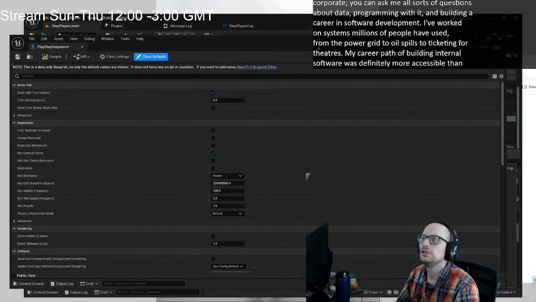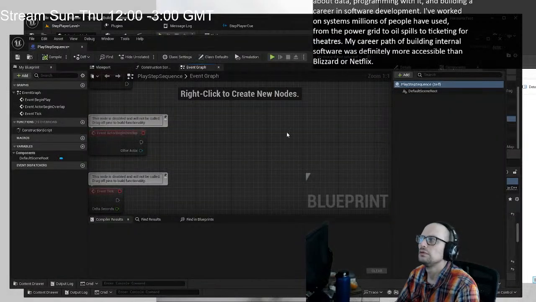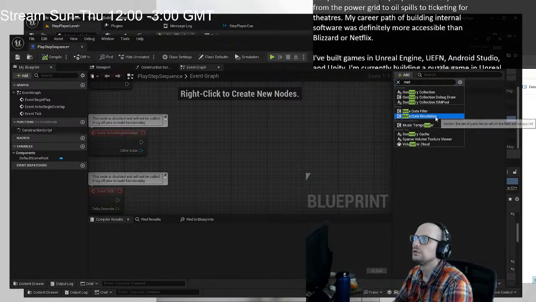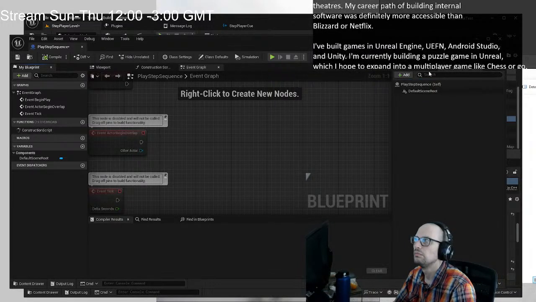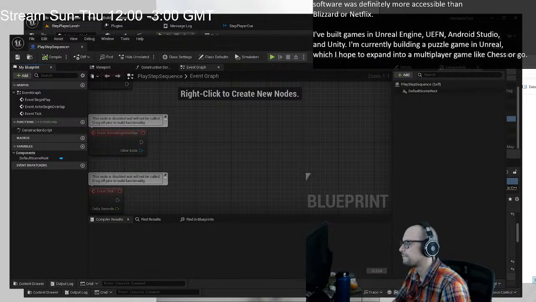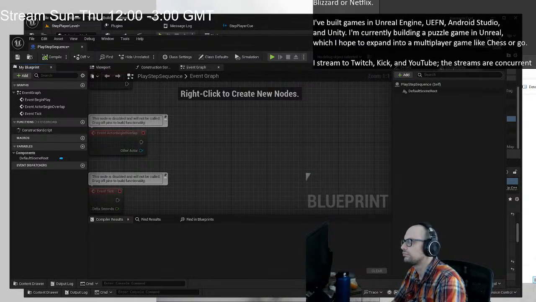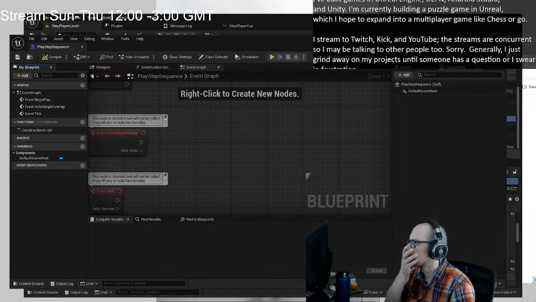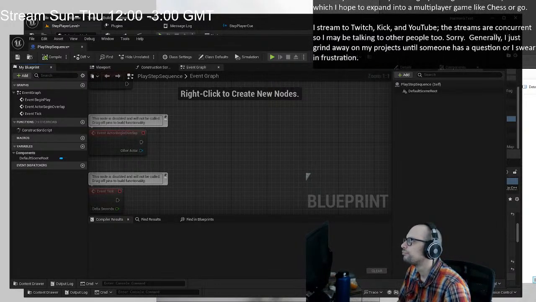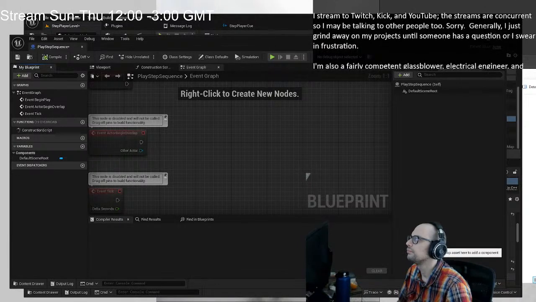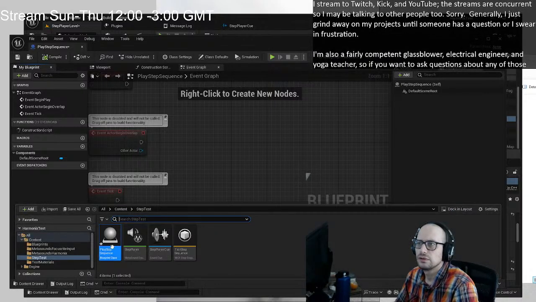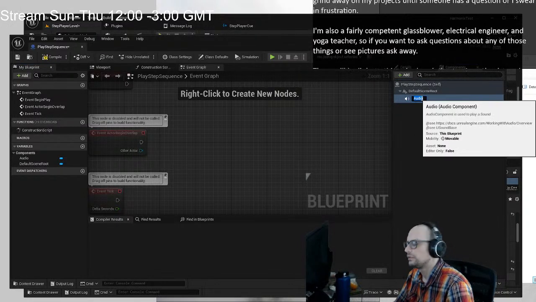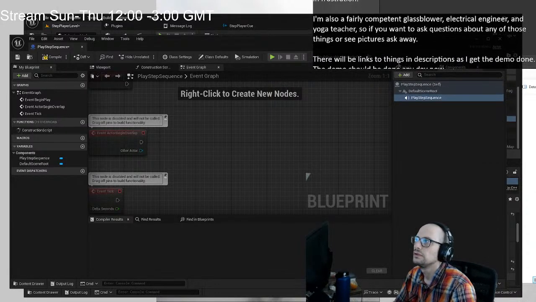It should be able to overfull blueprint editor. It should be able to, no. Audio component. Oh, okay. All right. So I need to create an audio component. Okay. Play step sequence. And then